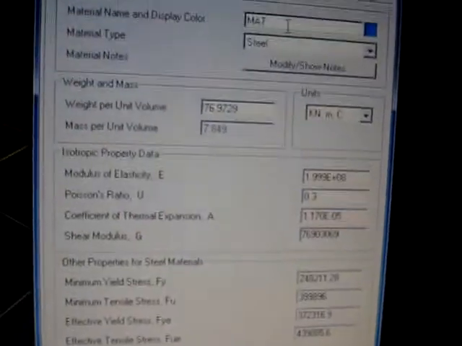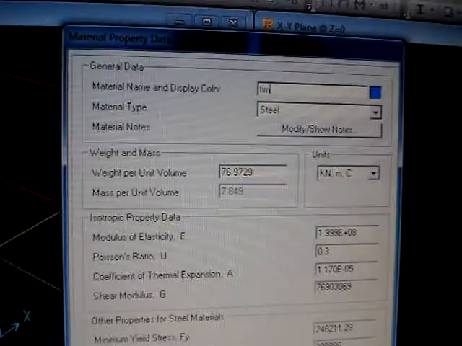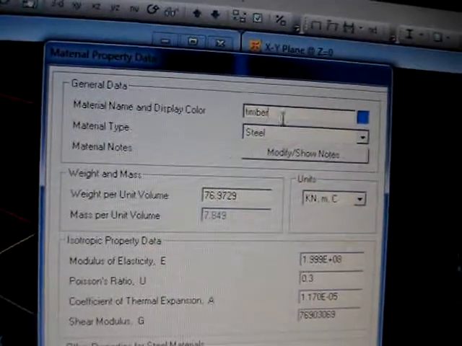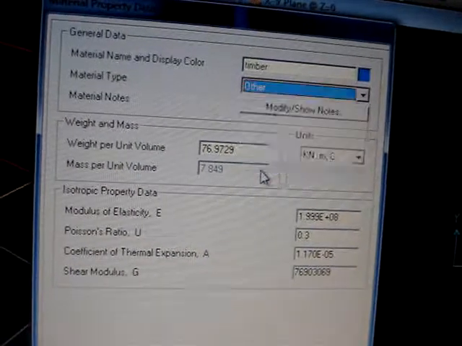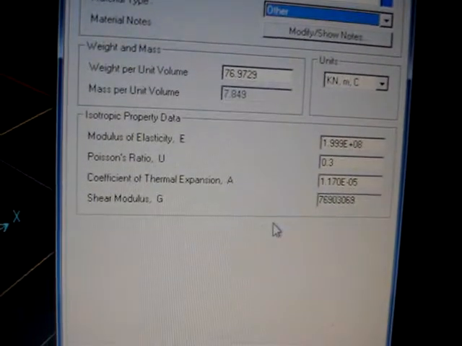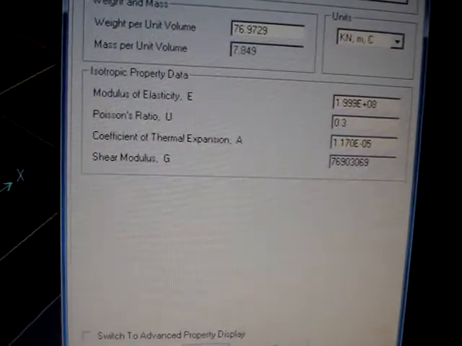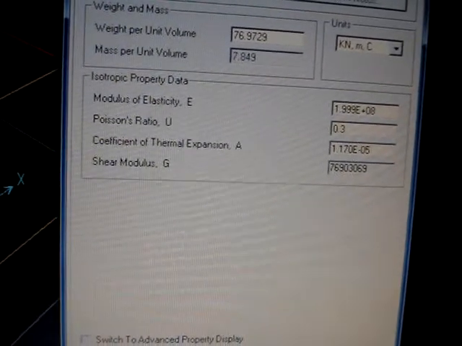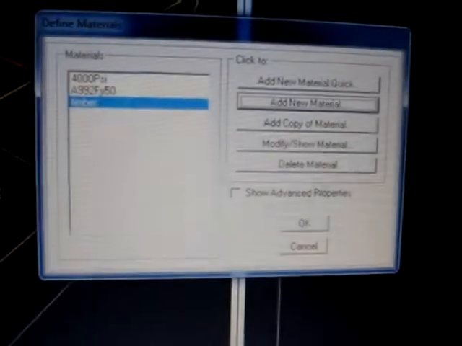In the same fashion, we'll write down timber, and in material type you will choose other. You can change the density, modulus of elasticity and all the stuff. This will all be available on the website, the Young's modulus, the shear modulus, etc. We'll do OK.